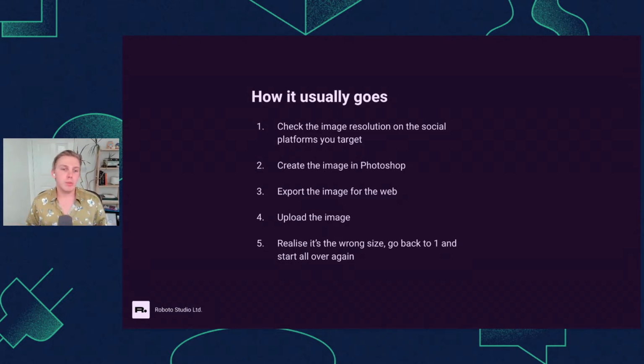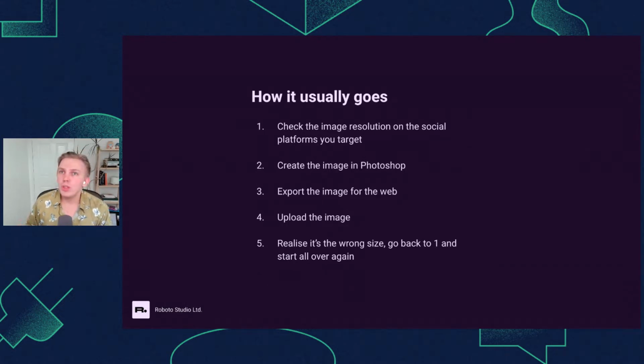So you decide you want to make a blog post, you work out what your image wants to be, and you start to work in, say, Photoshop, and you work out which platforms you're using. Let's go for the big three: LinkedIn, Facebook, Twitter. So you go onto Photoshop, you read a little bit on the internet, and you say, oh, what is it, 1200 by 630, I think it is for Facebook. So you set up a canvas, 1200 by 630, you build the image out, you export it for the web. When you're exporting for the web, you're probably exporting something like PNG or JPEG, and you upload the image inside of your content management system.